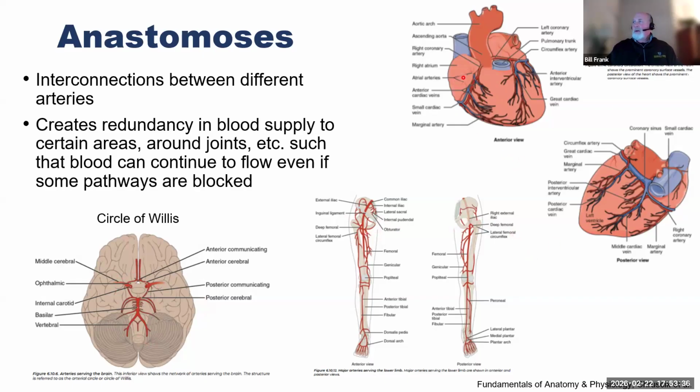In the heart, we know that there is a right and left coronary artery, and these are going to wrap around the heart into the back of the heart. They're going to provide vascularization to certain parts of the heart, but they're going to overlap as well. We can see there's an overlap in the posterior part of the heart, but also at the apex of the